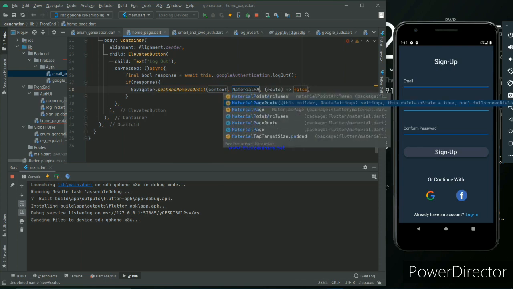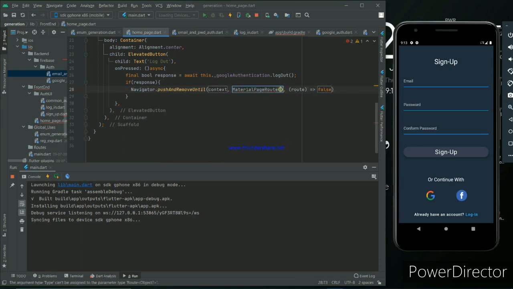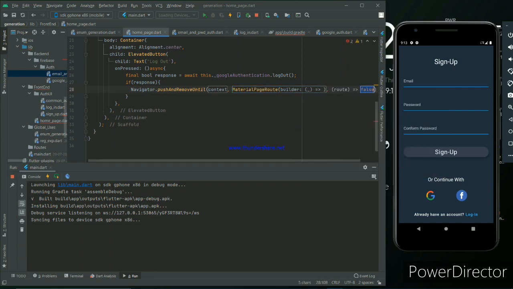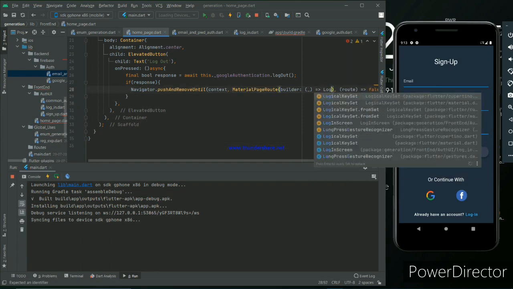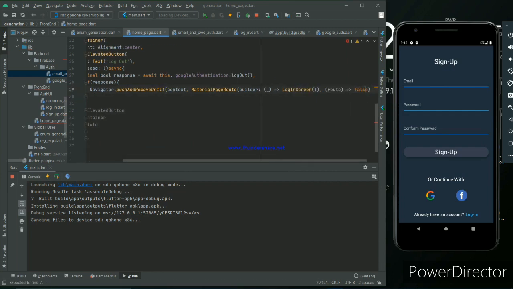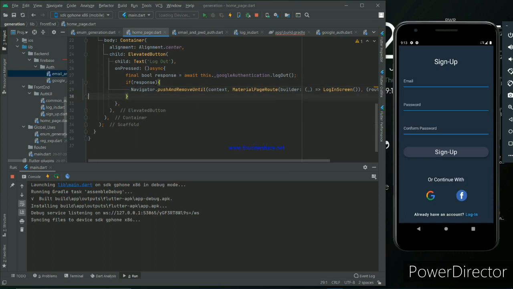We set the name root later. Okay, no problem, because we have to first make the real coding and real stuff as well. We have to switch to the login screen. Yeah, if it is logged out from the Google, and if the response is false, then we have to do the